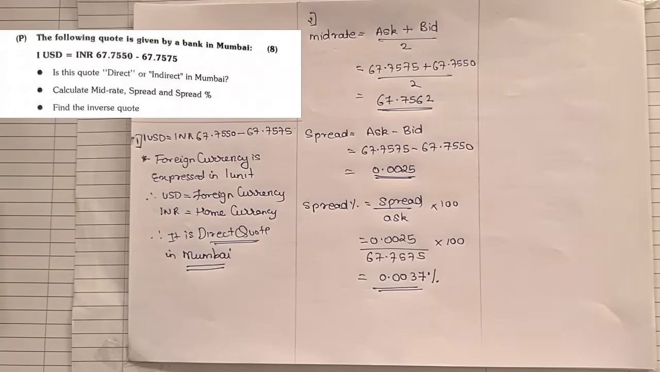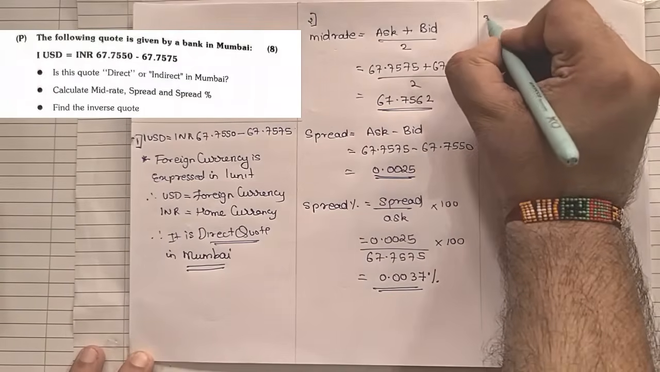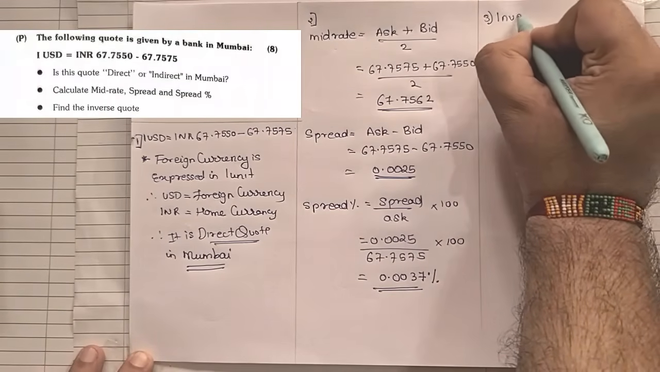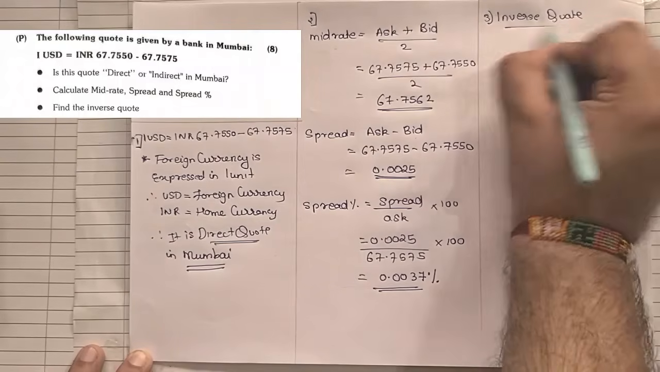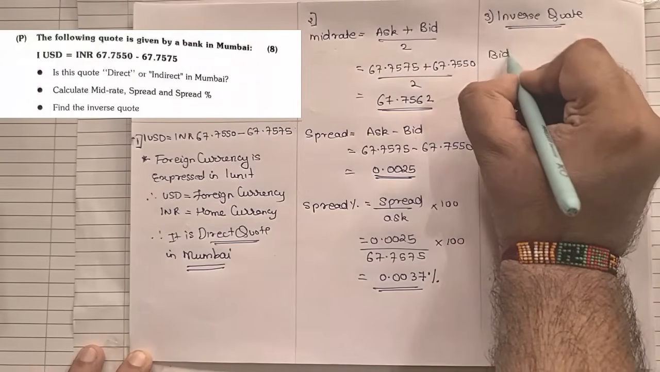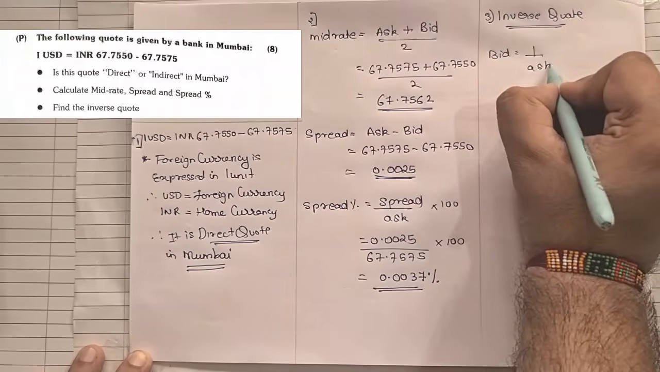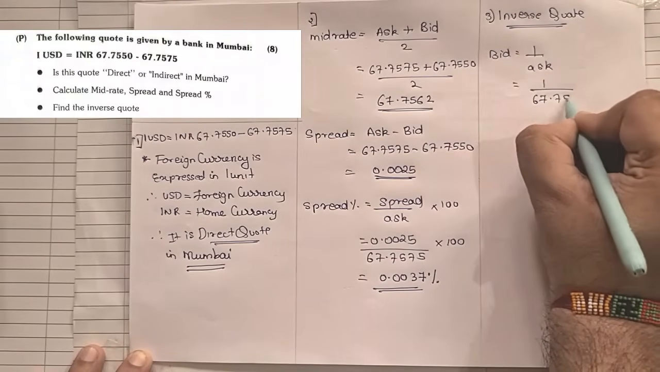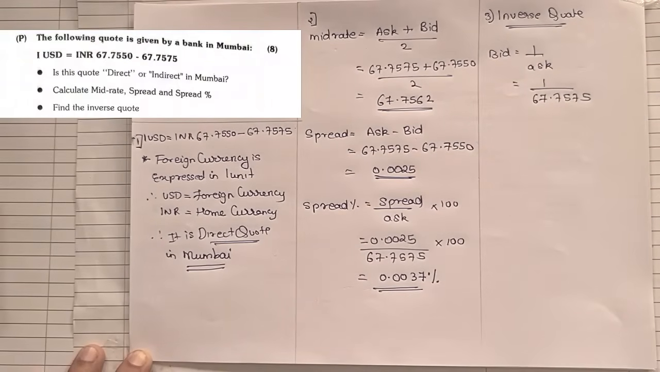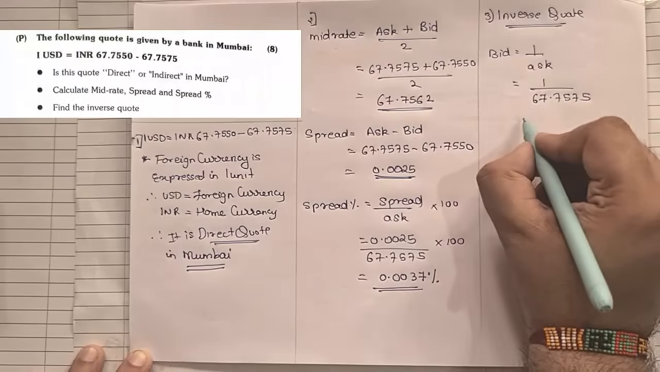Okay, now the next, they've asked us to find the inverse quote, or the inverse rate. So now the third, they're asking us to find the inverse quote. For inverse quote, bid is equal to 1 upon ask. So that was 1 upon 67.7575. So 1 divided by 67.7575, we will get the value as